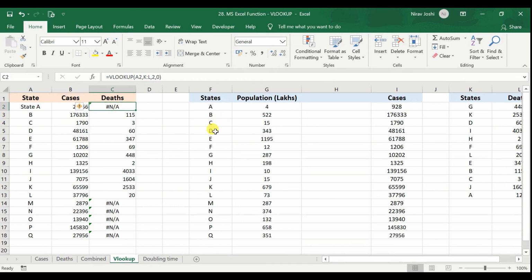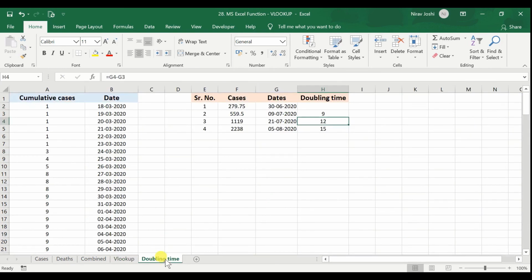So if we talk about text, it works somewhat in unpredictable manner, and it would be difficult to identify how it would work. So routinely, if you want to use approximate match, preferably it should be used with numbers only. So that is all related to the VLOOKUP.